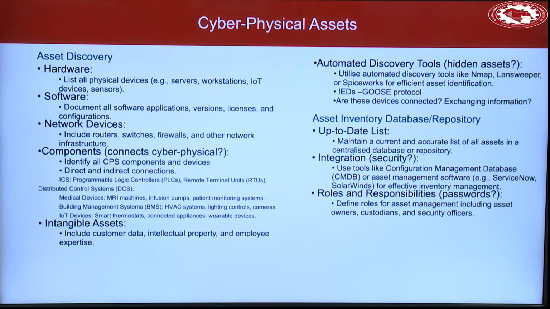We also need to pay attention to the assets which are not part of the network in a direct way, but they are part of the system, right. Obviously, when we have an asset inventory, we would like to keep it up to date, not just from the list point of view, but also from the vulnerability point of view. We want to know what assets we have, what kind of potential cyber vulnerabilities they might have, and you keep scanning from the data set, CVE or whatever you pick up, to understand at this point in time what is the status of my asset vulnerabilities.